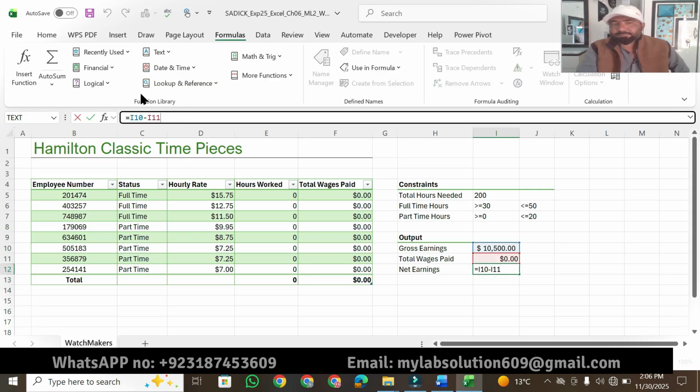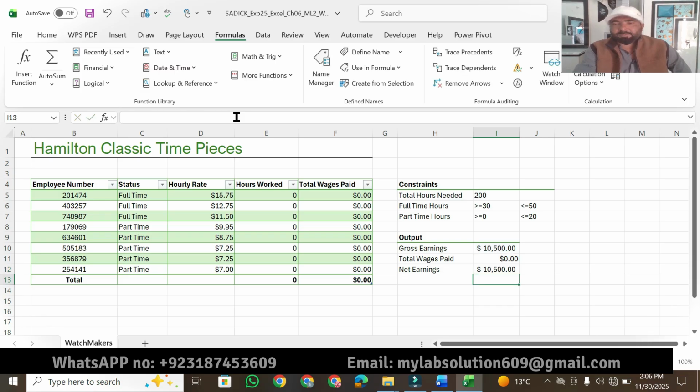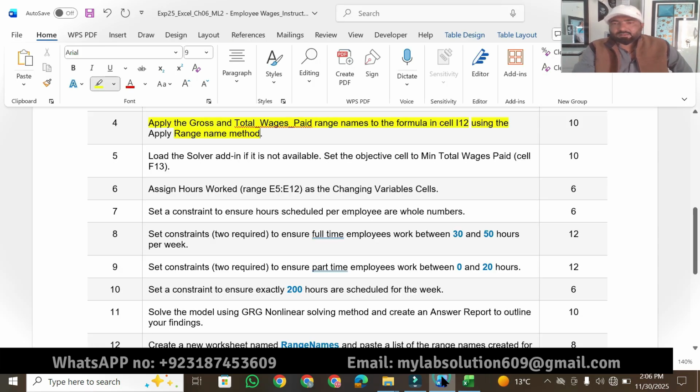Yes. Now you may see the cell is selected. Now we have to apply the range name to the formula. Select this one, then select this one. Now the rename comes. Then again select I11 and this cell, that is I11, and rename, both renamed. Simply press enter. So question number 4 is done,